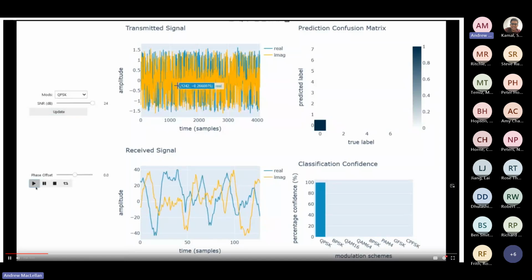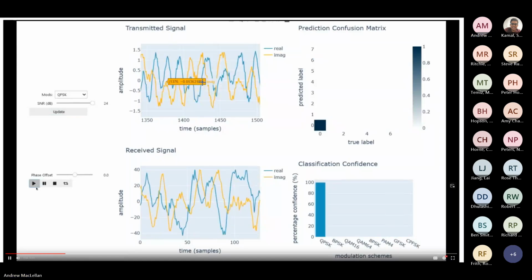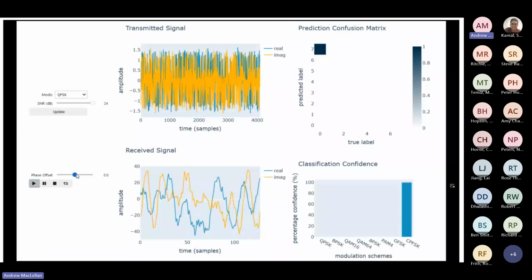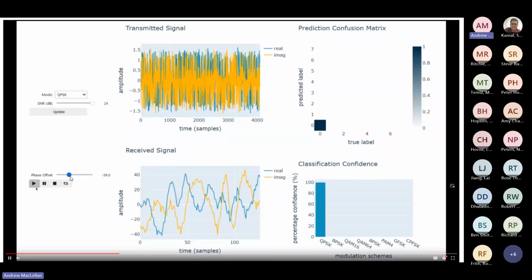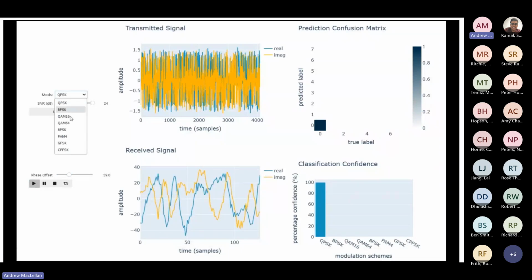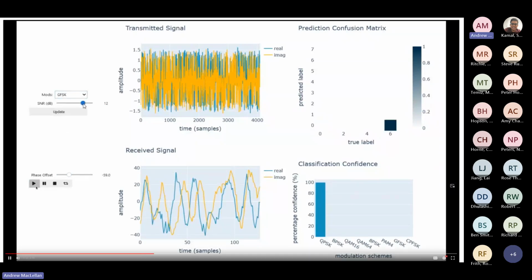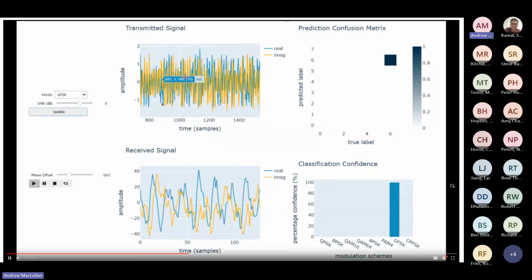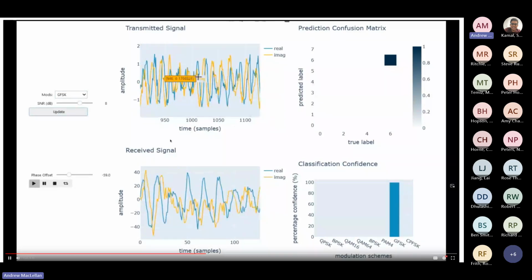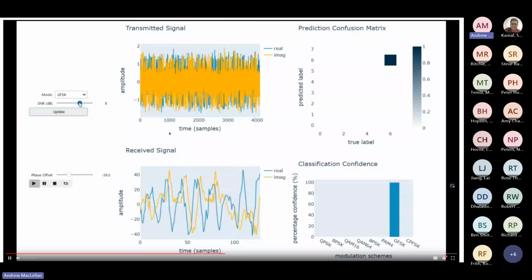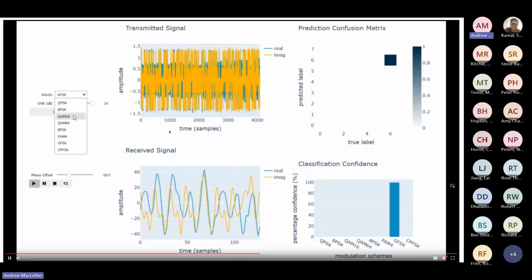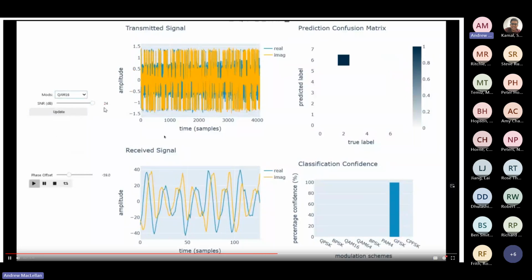And the play button just tells the cyclic buffer to send the data, and we will constantly be receiving frames of data from the ADC. Then we can change the modulation schemes, we can change the SNRs, and while it's running, sit and inspect the transmitted signals.